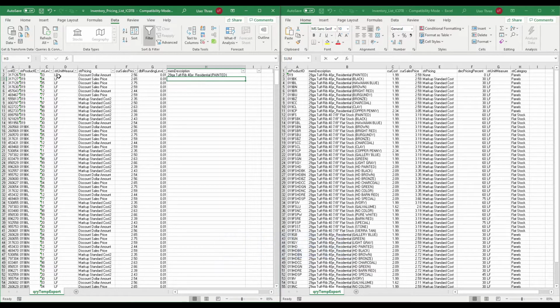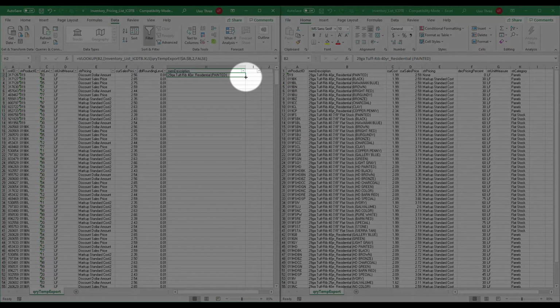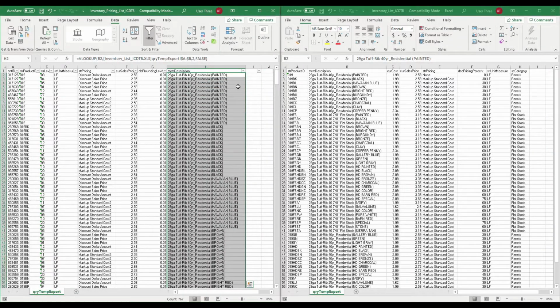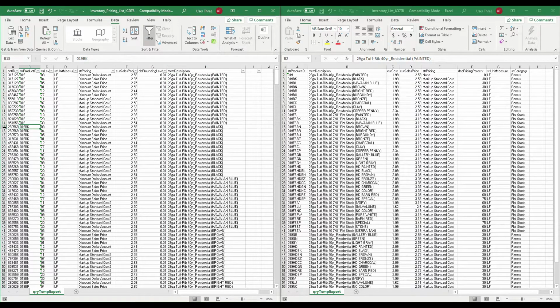As you can see, the product ID is 019, and the description from 019 on the right-hand sheet has been imported on the spreadsheet to the left. By double-clicking the small green box at the bottom right-hand side of the cell, we'll be able to fill in the rest of the spreadsheet, and you'll notice that when the product ID changes, the description is also going to